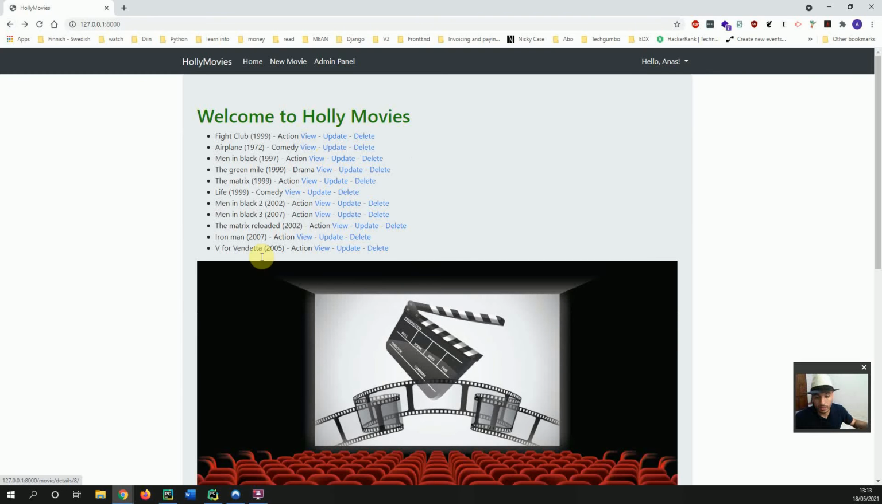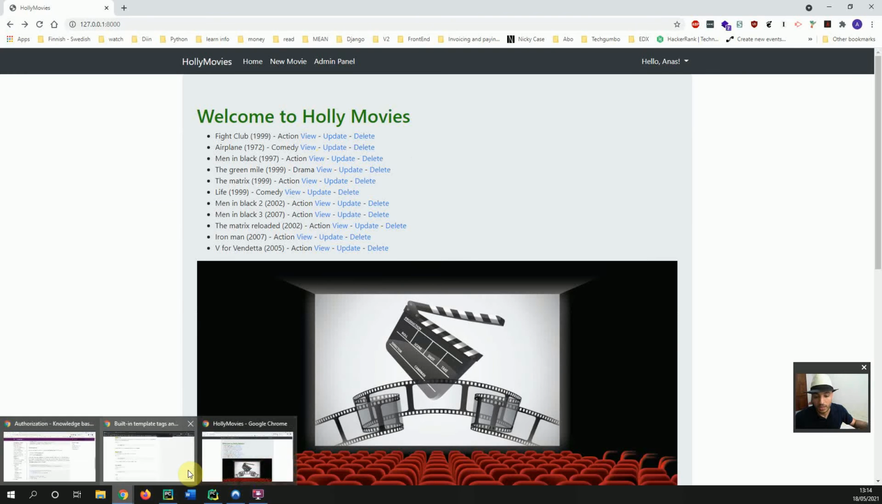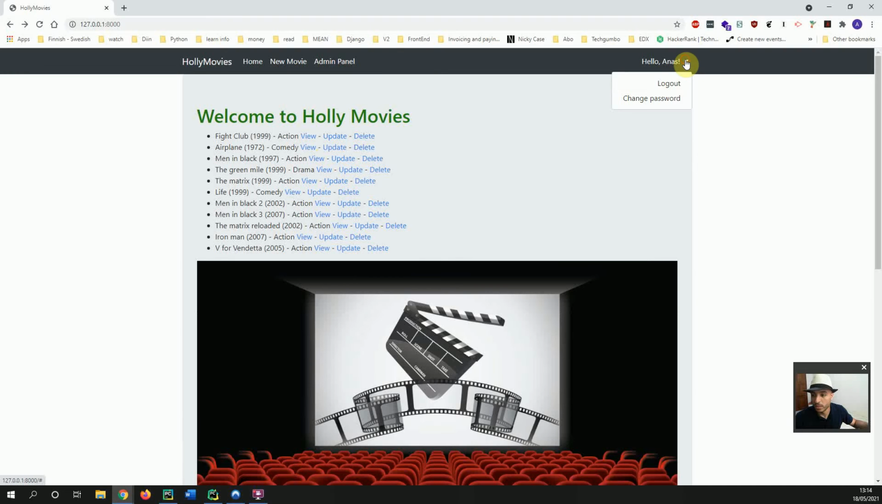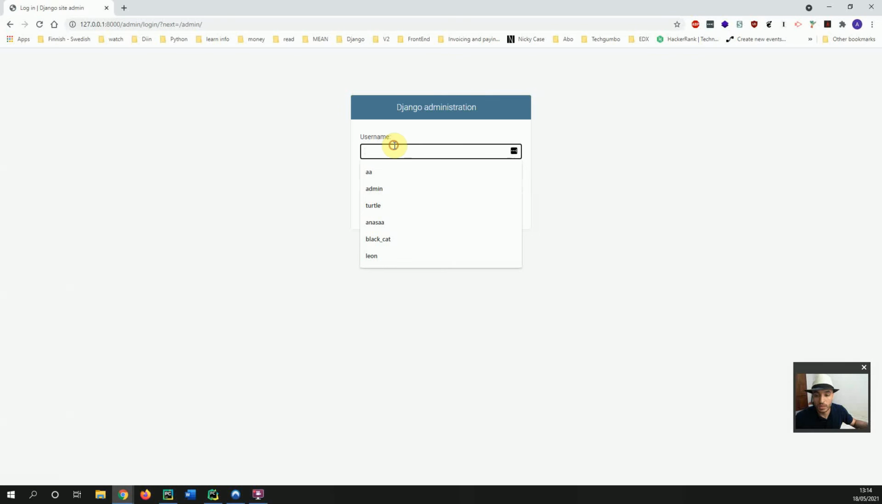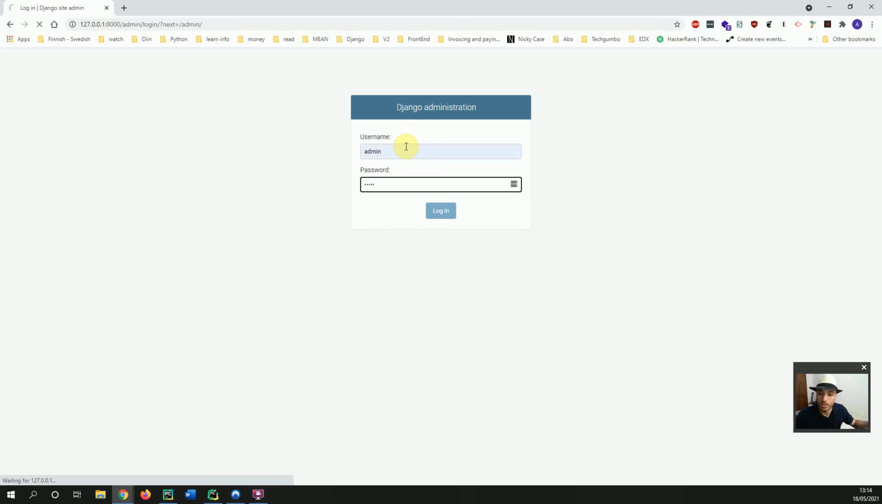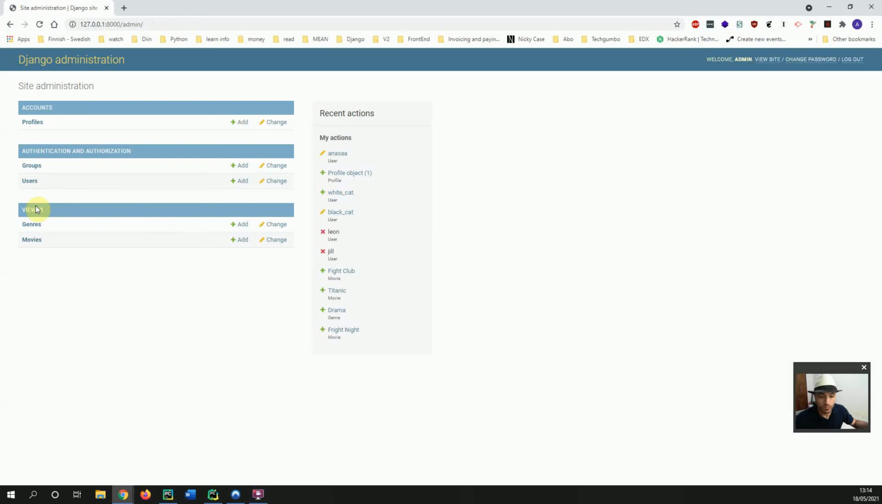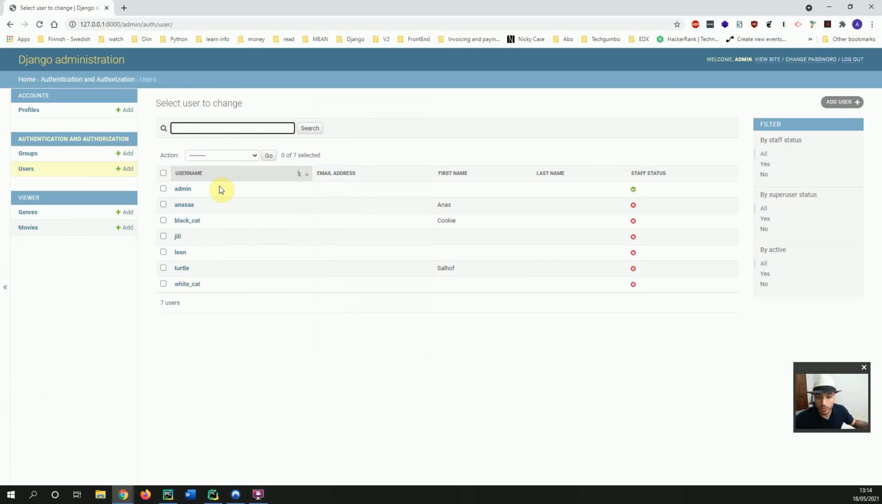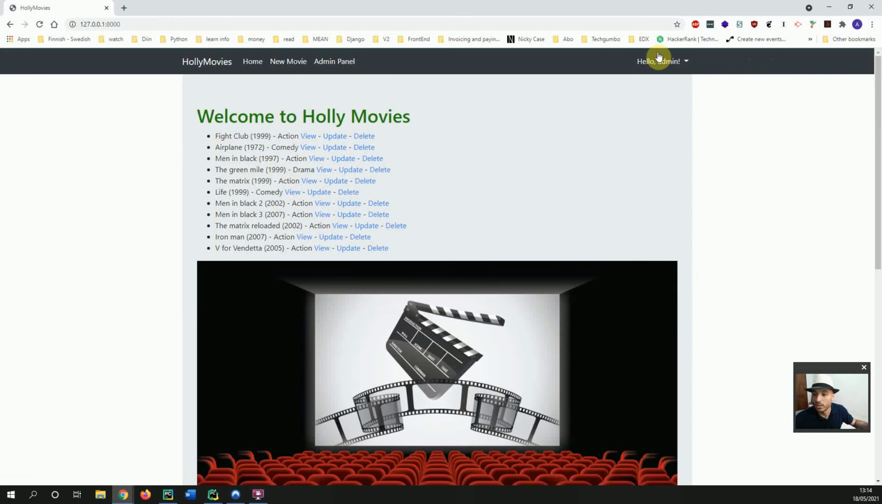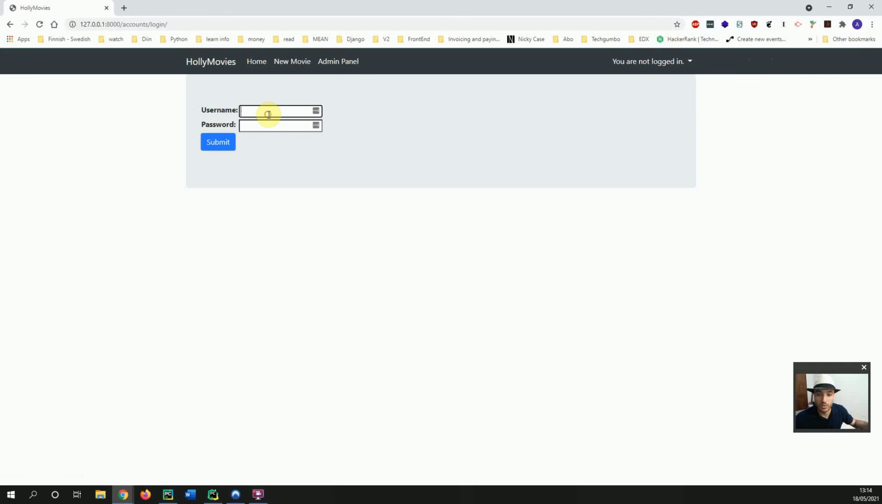Okay, and for example, let's take another user that has no rights whatsoever. So let's go to the administration panel again, and admin, and let's see users. For example, this user, what's his name? Black Cat. Okay, let's try this Black Cat, and we didn't give him any right, so he will not be able to do anything. So view site, and okay, log out from here. So let's go Black Cat,